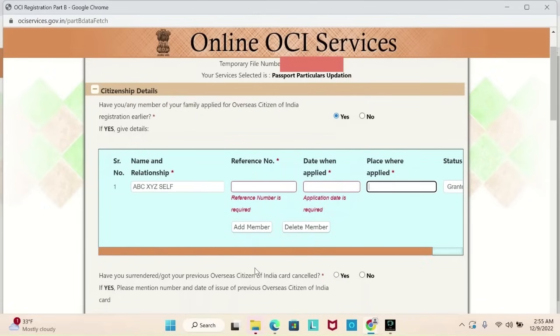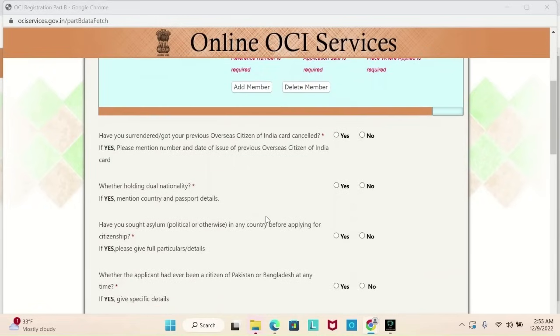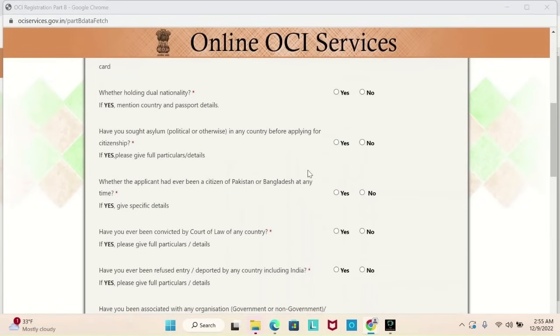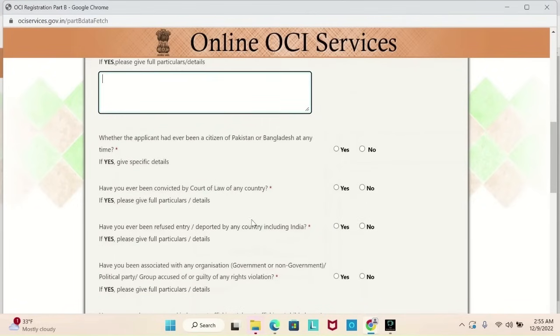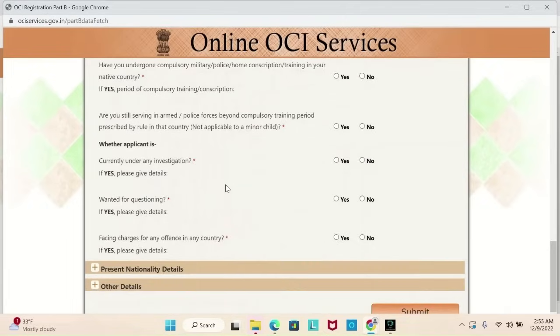If there are other family members who have applied for the OCI registration or card in the past, you need to click on add member and add details about all of them. So have you surrendered your previous OCI card, or was it ever cancelled? Are you holding dual nationality? Whenever you answer with yes, you will have to provide additional details. So when you have answered all these questions,